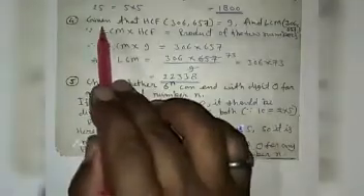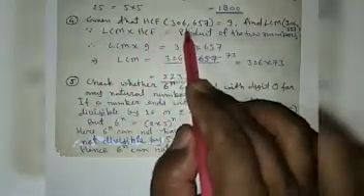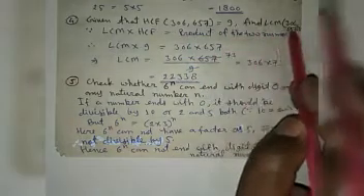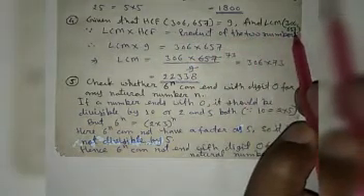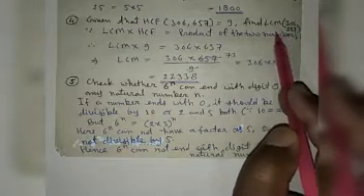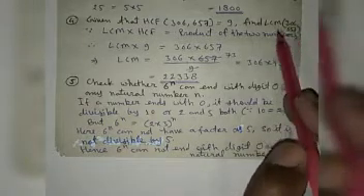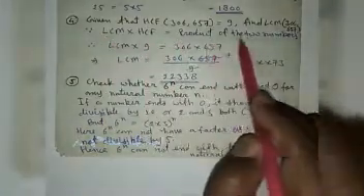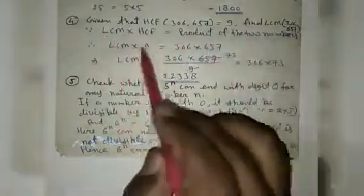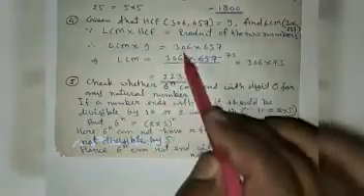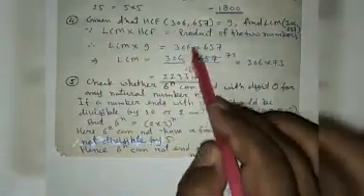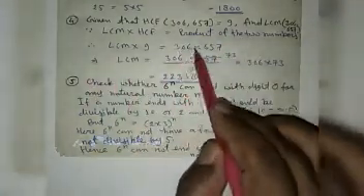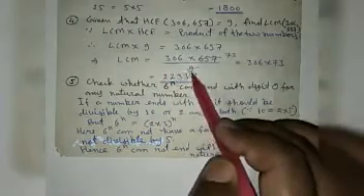Now in question 4, given that SCF of 306 and 657 is equal to 9, then find the LCM of 306 and 657. Here SCF is given and you have to find the LCM. So as you know the relation between LCM and SCF, LCM into SCF is equal to the product of the two numbers. So LCM into 9 is equal to the product of the numbers, means 306 into 657. Then LCM is equal to 306 into 657 divided by 9.